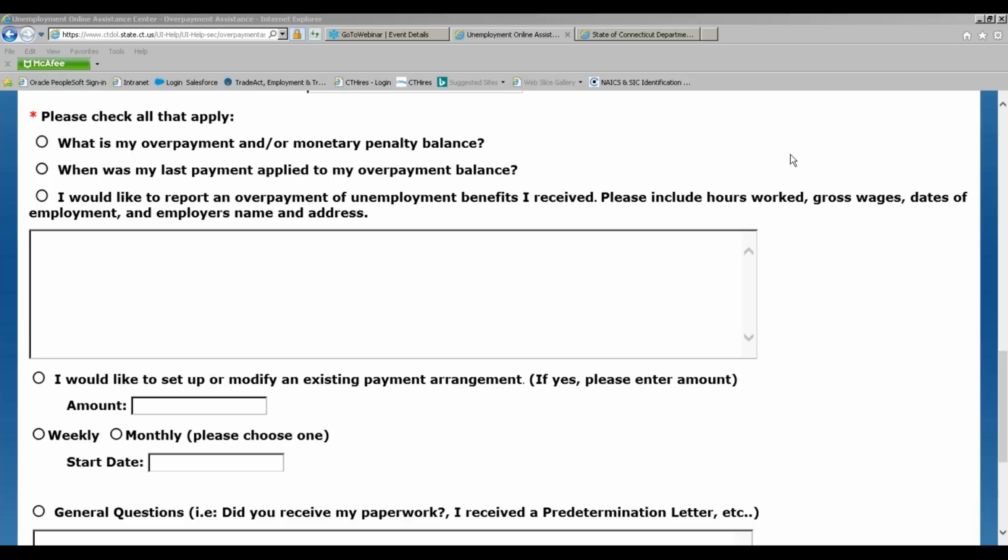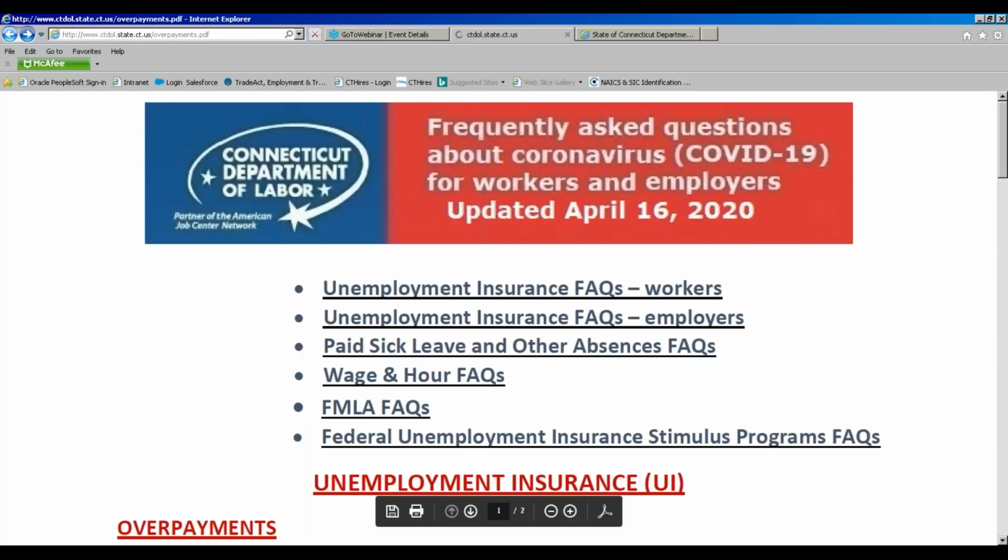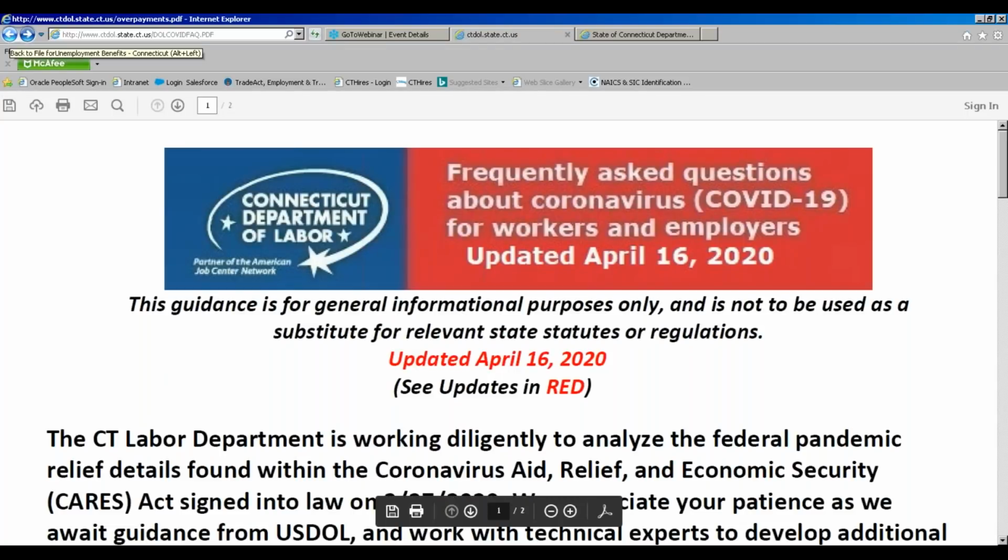So, for instance, if you're making $120 in a part-time job, we would take $80 away from your unemployment payment. If the amount of money that you earn for a particular week exceeds what your weekly benefit rate is, you won't get any payment for that week. That includes, because we're not paying you anything, that you will not get the dependency allowance if you were approved for it, nor will you get the $600 stimulus payment for that particular week.